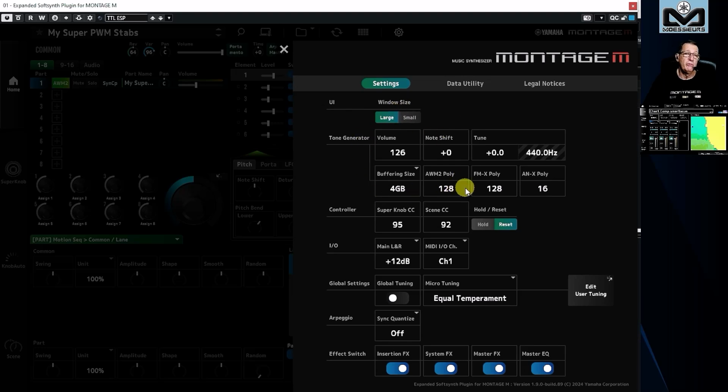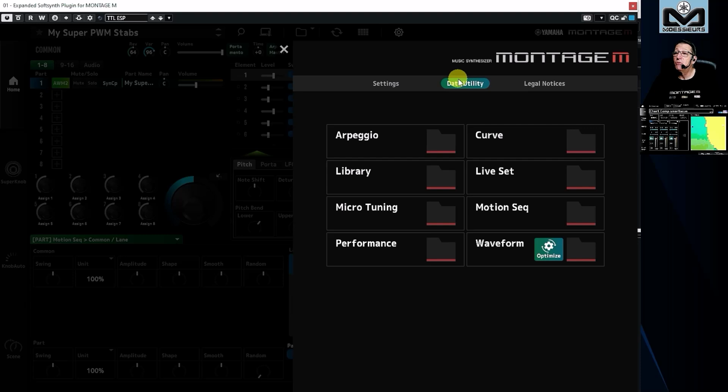For the polyphony, we do not have the limiter that reduces by 2. We can clearly set what you want as polyphony for each audio engine, like that. We have the all reset as a new thing like that. And we have a data utility. You have seen my video, I hope, about data utility on the Montage M keyboard hardware. Here, this is the data utility for ESP, so I can have a different content from my Montage M. That's why you can have 2 from 1, okay?